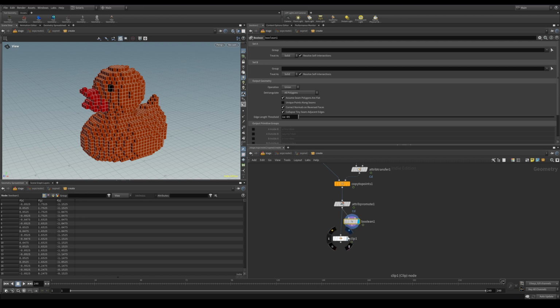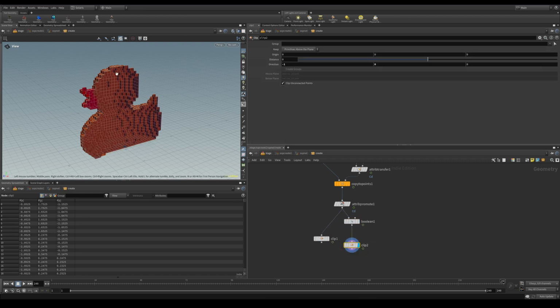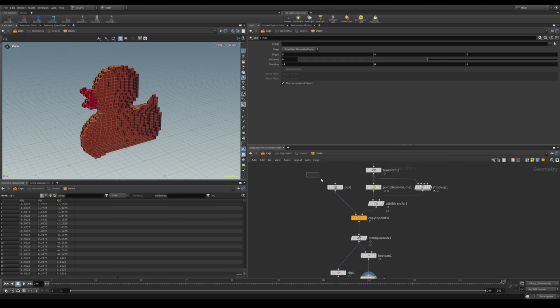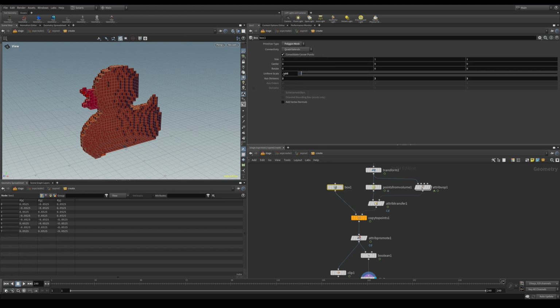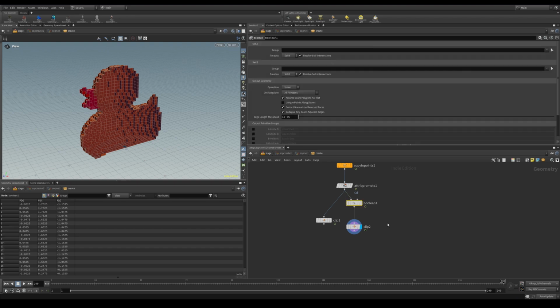So if I now connect this to the clip node, let me make a duplicate of this. You'll see that the inside, we've gotten rid of all of the cubes that we had, and we only have this outside skin left. Well, that's why we scaled this box up to a value of 1.05. We needed that little bit extra for an overlap to make sure that this Boolean node can calculate correctly. If the overlap is not enough, it might miss some boxes and we still have some mesh on the inside of our model here, which is what we don't need.